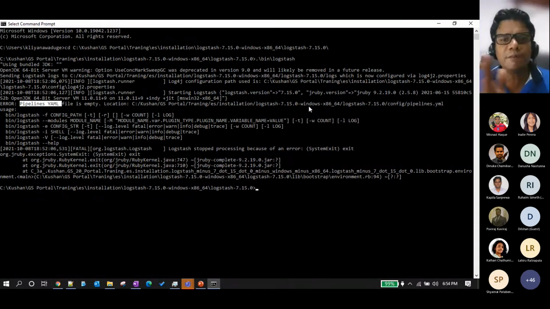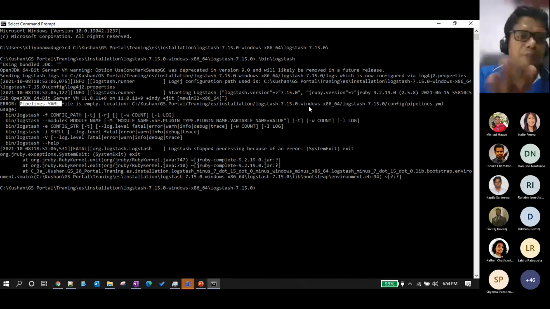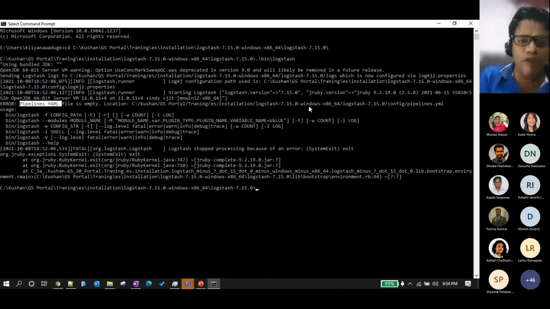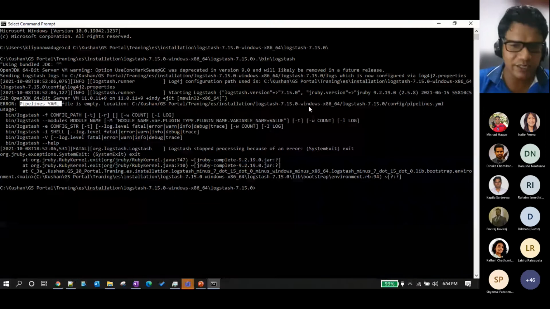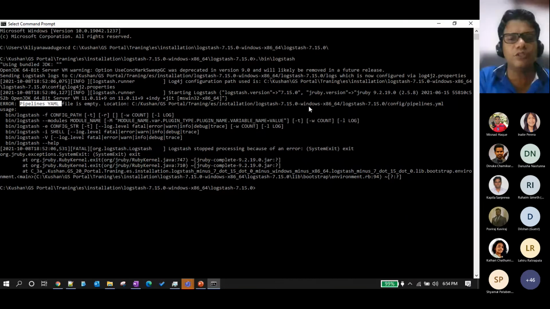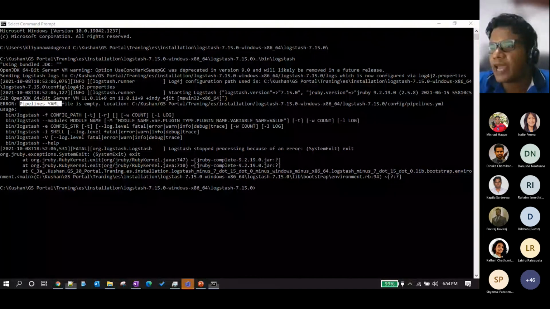I'm not using the pipeline.yml file here. Instead, there is a way that I can tell Logstash not to use the pipeline.yml file. I can play with command line options, or I can input a particular conf file and play with that, telling Logstash to ignore the pipeline.yml.